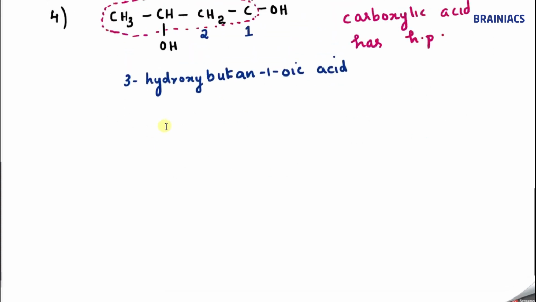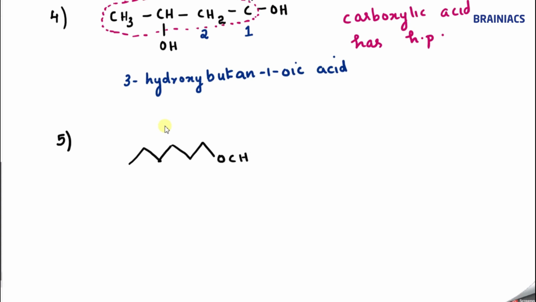Now we will go to the next question. I hope you students are getting thorough with naming. Please go through all the examples and I will give you more assignments also. Please do it, very important. Okay, so let's see the next question. You have a question like this that is given in bond line notation. I hope you have already learned the bond line notation, so it will be easy for you.